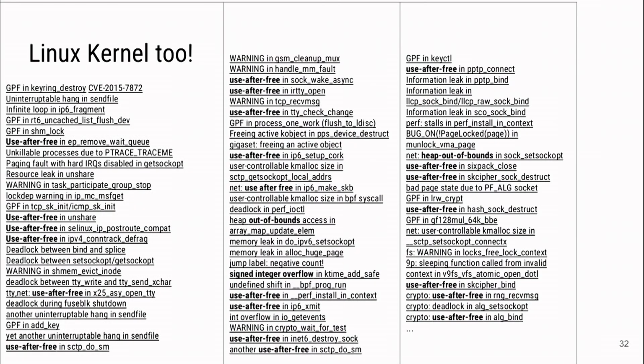And slide with index -1. We also have all these tools for the Linux kernel, not just for the user space. You cannot really see it here, but it is a subset of bugs in the Linux kernel we found during the last 3 months. As you maybe can see, use-after-frees are quite popular features of the Linux kernel.